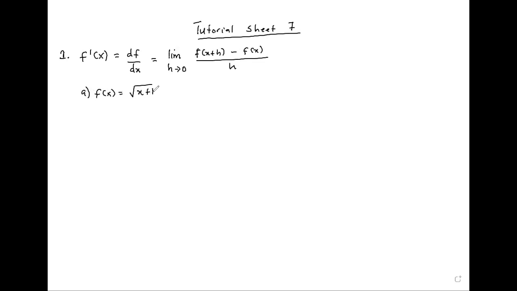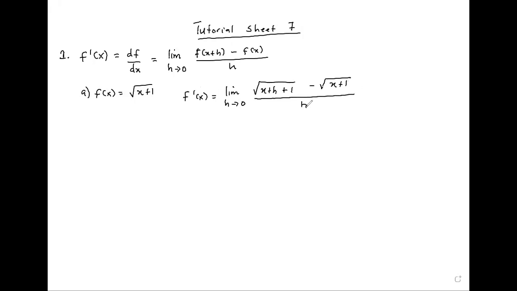When we say f prime of x, what we have is the limit as h goes to 0 of f of x plus h, where in the function f there is x, we put x plus h. We do nothing to the constants, minus the whole f of x, divided by